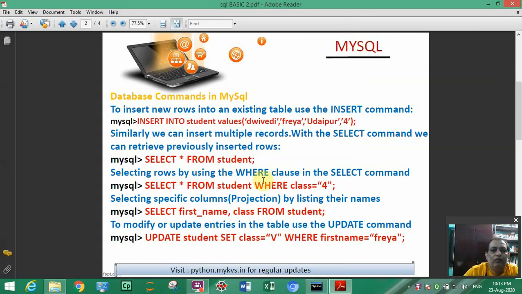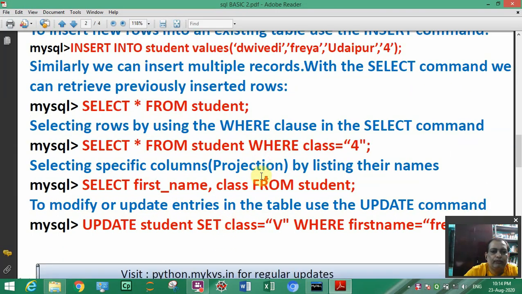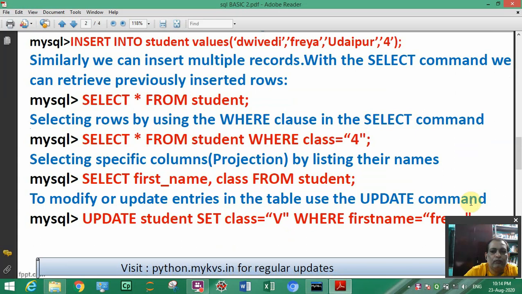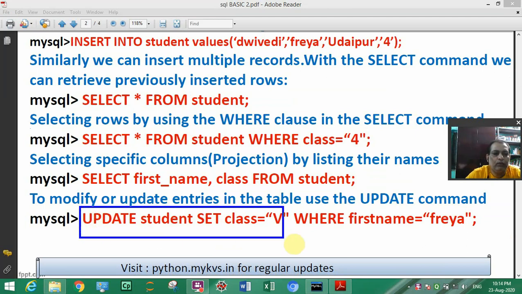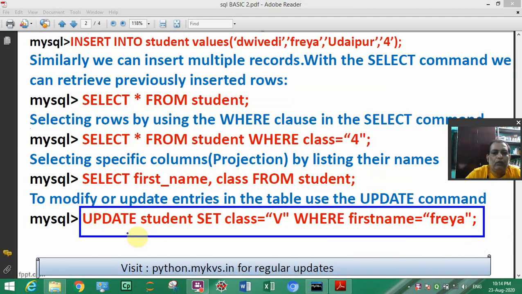For this we have to use the update command. Here you can see one command, update. The syntax is update, then the name of the table, and set the name of the field equal to a value, then where and a condition.